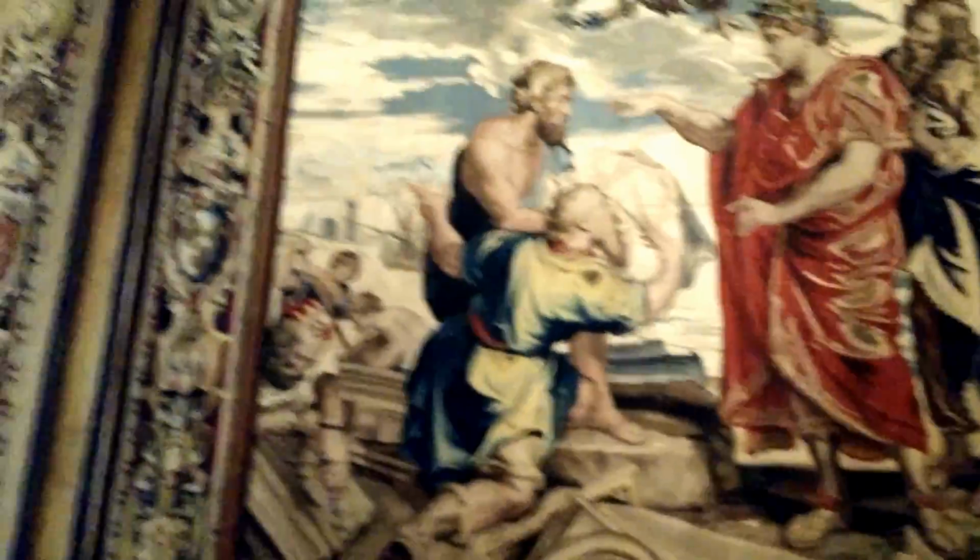So across here, along this whole top section, you'll see all these tapestries around. All of these mark the life of Emperor Constantine. So these massive tapestries here, I'll just turn you around, mark the life and conquest of Constantine himself, to show how highly he was esteemed in the earlier medieval time. So this right here is the tapestry depicting his conversion. You can see that cross in the top left corner, coming and speaking to him,